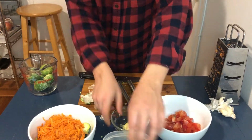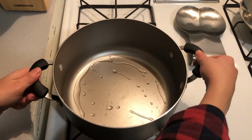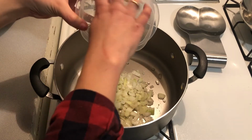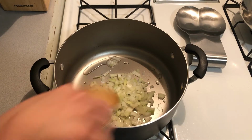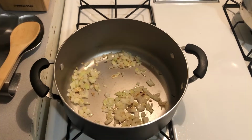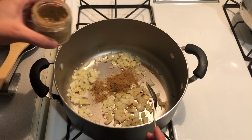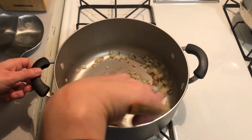Now that the veggies are all done, I'm going to heat up some oil in a big pot and add my onions. And we're gonna let those sit in there and continuously stir them until they get a bit more translucent. Next, I'm adding my 4 cloves of garlic. I put in about 2 teaspoons of cumin, and then I stirred that up a bit to let those flavors